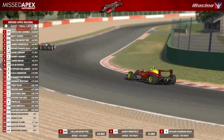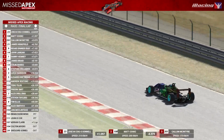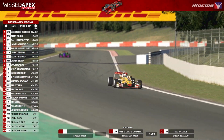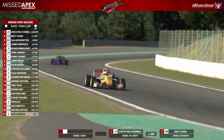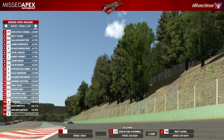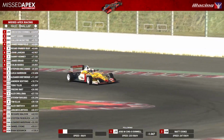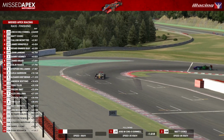I don't know if they'll look too much into that incident, and we'll have to wait and see what happens with that. But here is Jose O'Donnell, who leads by 1.5 seconds as we approach the final couple of corners. Jose O'Donnell, who squabbled with Matt Cook in the early stages of the race, played the strategy to perfection and knew exactly the moment he had to start pushing and break away from the pack,